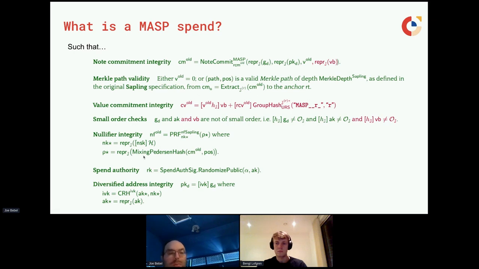We can, for the most part, ignore almost everything. I've highlighted in this purplish color what has changed. All we have to do is add this asset generator to each note, and it becomes now a typed note. It doesn't just represent value in some implied single asset, but notes can actually have value and a type. And then not much else really changes, except that when we look at the value commitment, instead of using this fixed